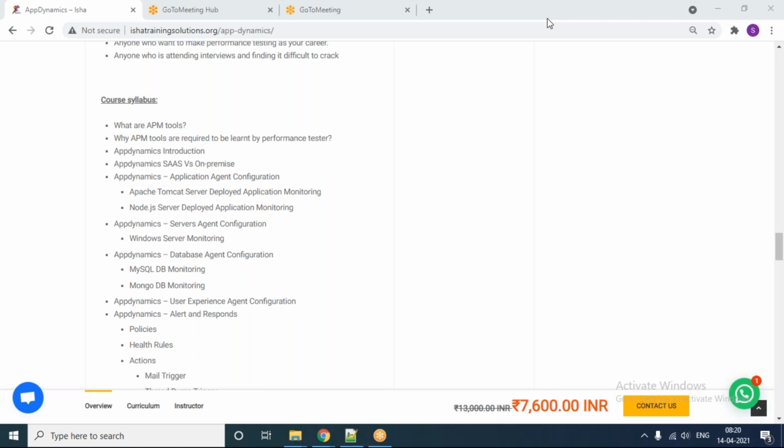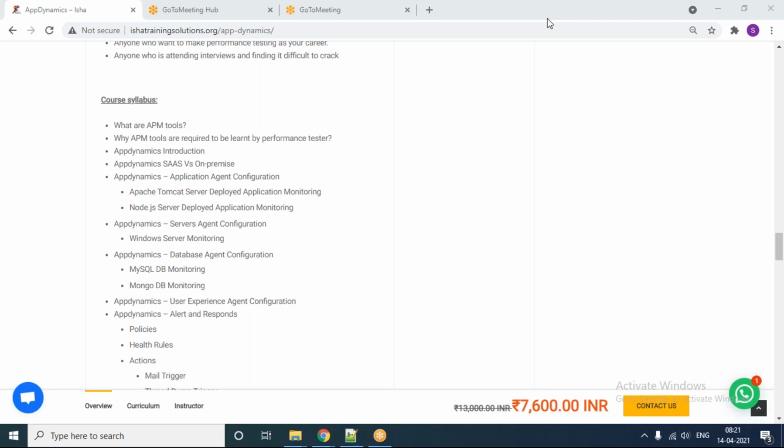Now imagine if you are using AppDynamics in your organization, the job of your system support engineer will be a little easier. You don't need to be sitting in front of the machine 24/7, because if you set the threshold, alerts and response thresholds, once it is breached, you will get a notification. So the job is a little easier compared to the age-old process. The APM tool process makes it easier to identify the performance bottleneck. In that way, it is used by your system support engineer.